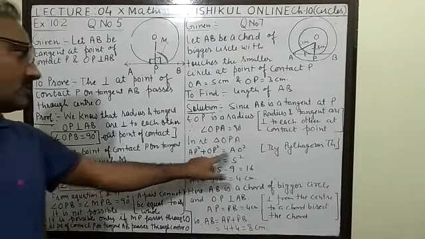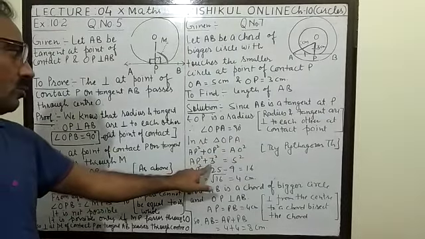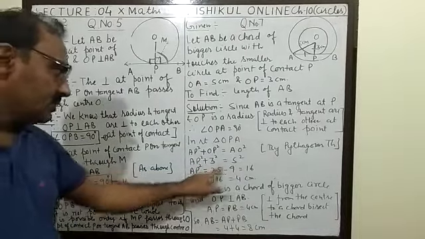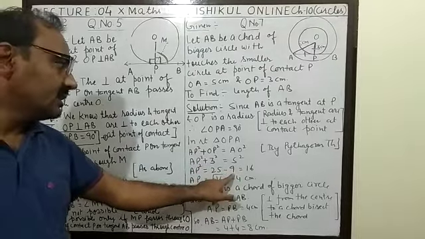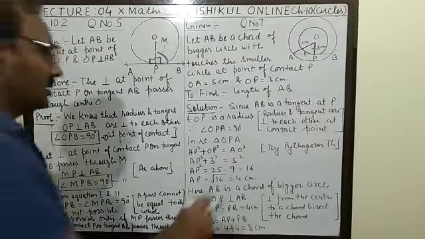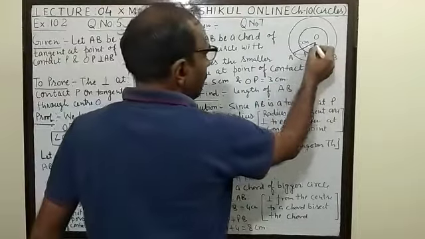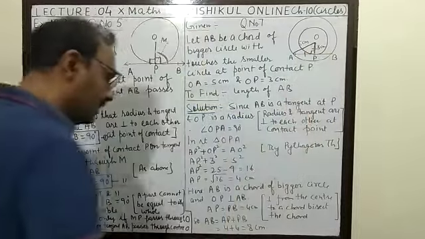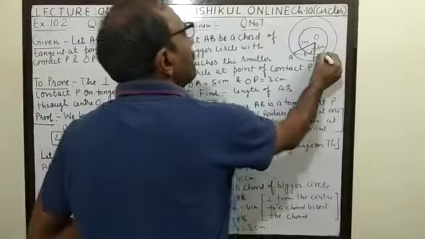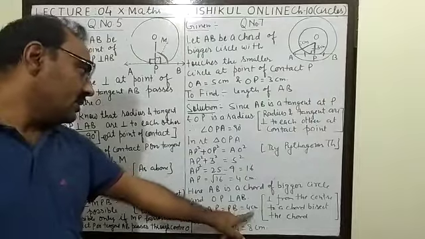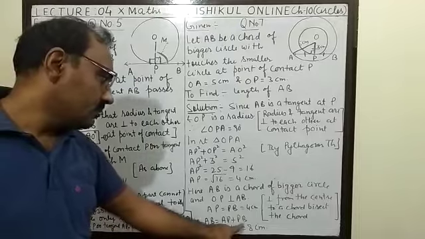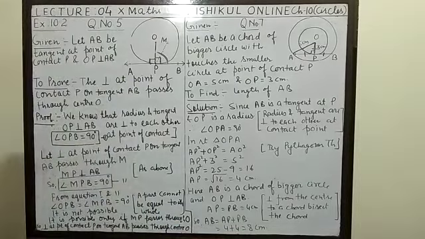So angle OPA equal to 90 degree, and in right triangle OPA you use Pythagoras theorem. AP square plus OP square is equal to OA square. AP square plus 3 square equal to 5 square, and this is 25. You transfer this one, 3 square 9, that will be equal to 16. AP equal to root 16, 4, and here AB is a chord and OP perpendicular on this, and perpendicular from the center to a chord bisects the chord. So AP equal to PB, and AP you know very well is 4 centimeter. So AB equal to AP 4 plus PB 4 equal to 8 centimeter.